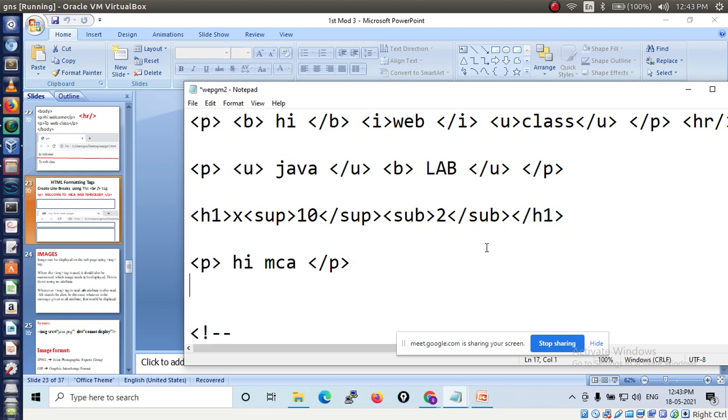Then the next job is difficult. Here you have to write the P tag, followed by hi, then it should be a break. After breaking the line you should display HR.